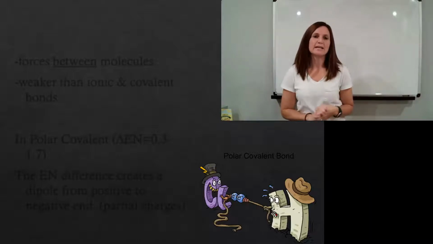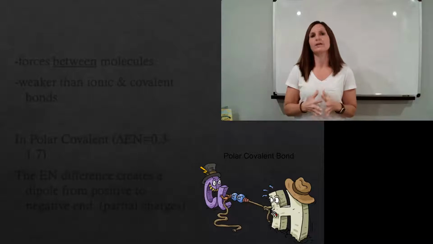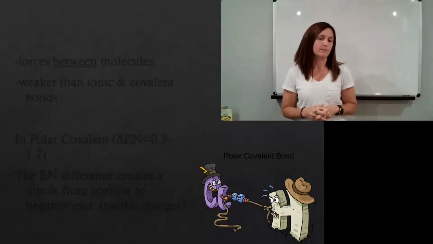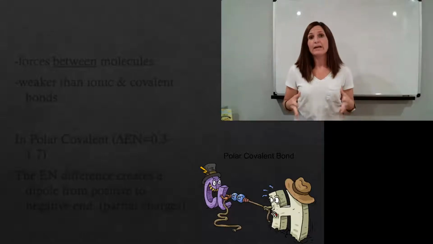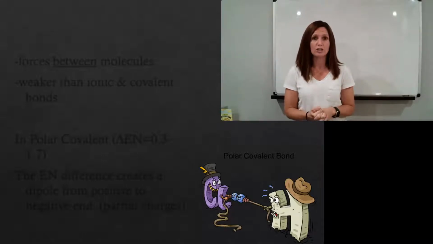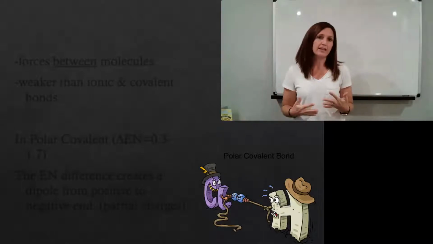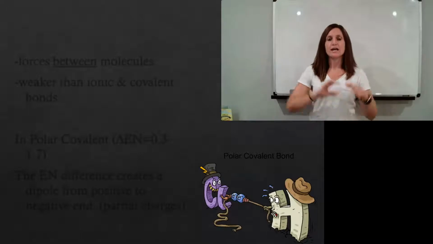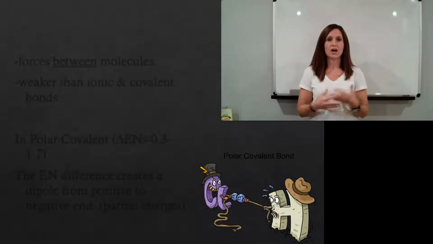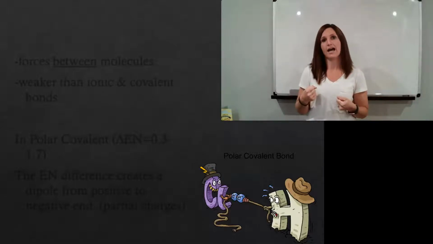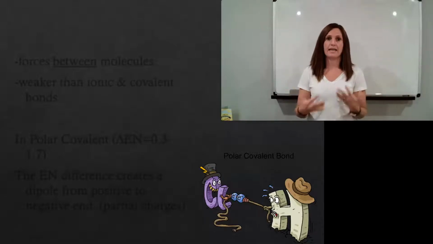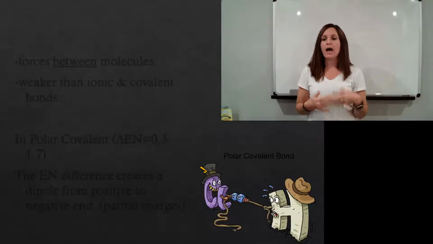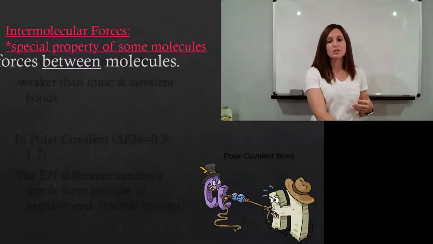Hi students, and welcome to a continuation of Chapter 7 and 8 combination chapter, looking at the different types of bonds that molecules can participate in. We have been taking time to learn how to draw Lewis structures to represent covalent molecules. So these are molecules that are held together by that share, remember, fight to the death, share, that those molecules both grab on to a valence electron and both try to pull it to their own side, creating this kind of locked in bond. Once that happens, there are some consequences for the atom, and we call these consequences intermolecular